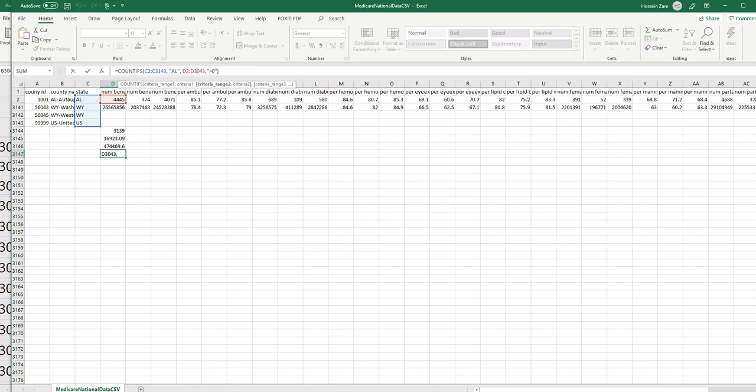3000. Okay, let me remove this also. Okay, let's see. It should be D2 till this one. State C, D, D2 to D3143. Okay, that's 63 of them in